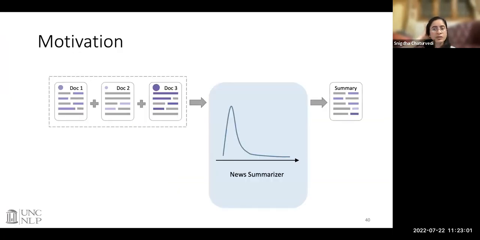So the problem here is multi-document summarization. It's a standard problem in NLP. In case you're not familiar with it, the input is a set of documents, like news articles from various news agencies, about an event. Then the goal is to generate a one-paragraph summary of all of these articles. The challenge here is not to just summarize one document, but to combine information from multiple documents